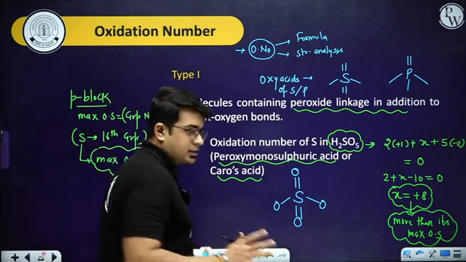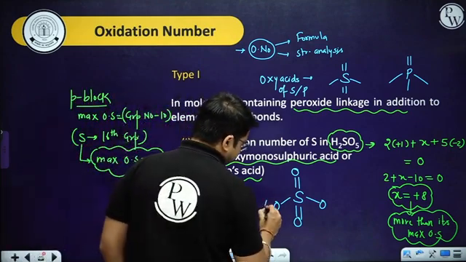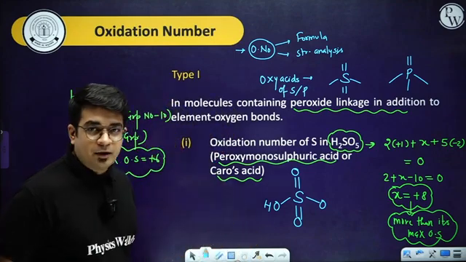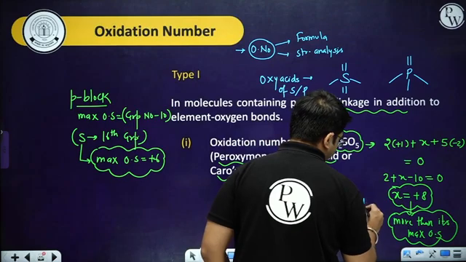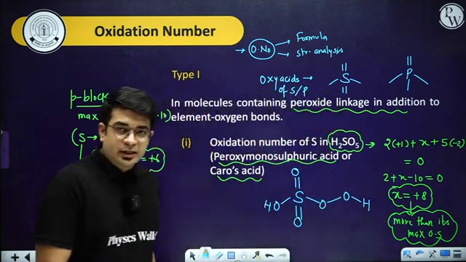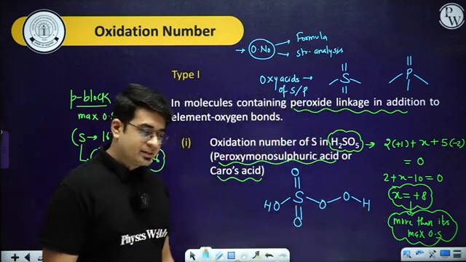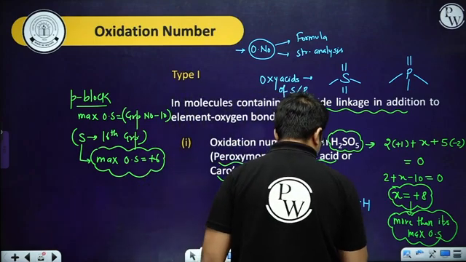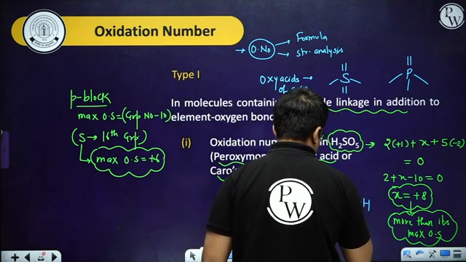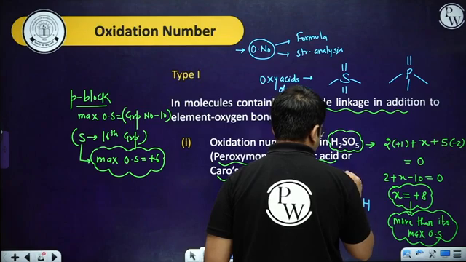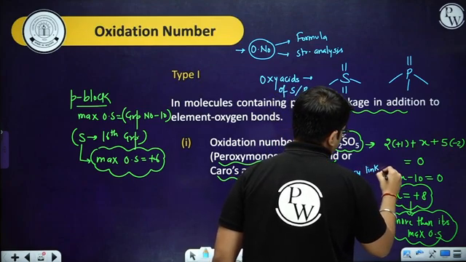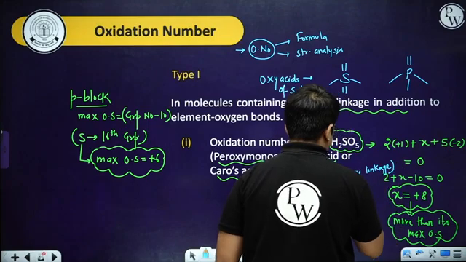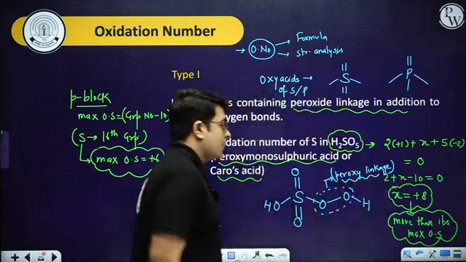Now you can see oxygen generally forms two bonds. So one H is there, so it's complete. Now one OH is there, so you can say this is going to form O as well as H. Now you can see this O-O is present. This part you already know. This linkage is known as peroxy linkage.